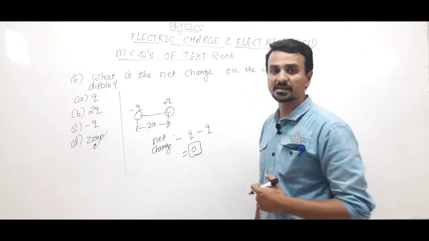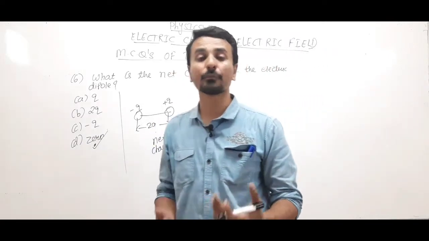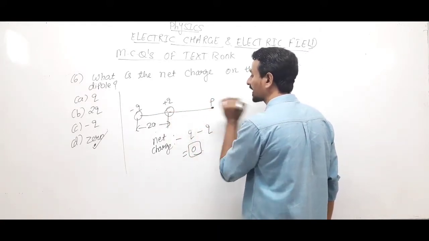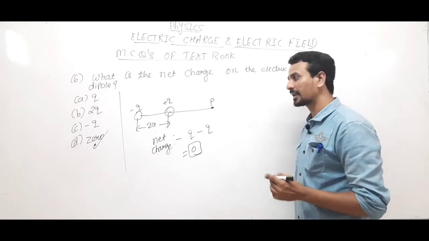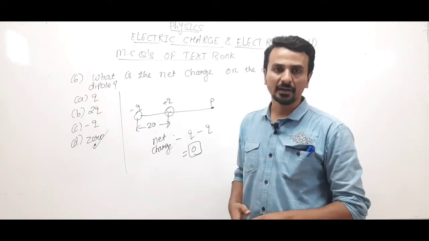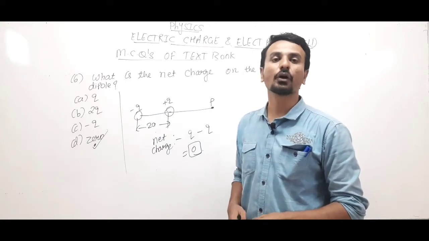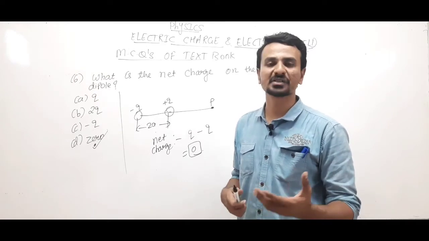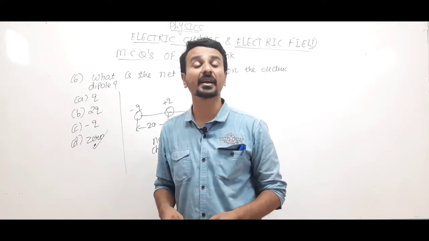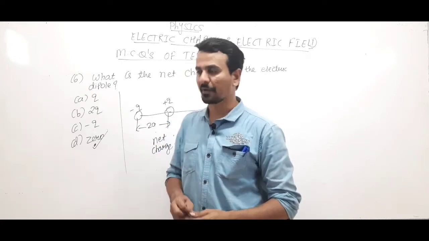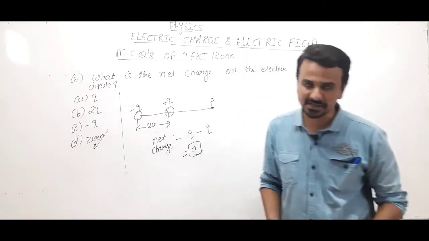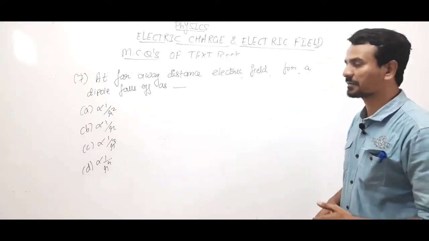Even though net charge is 0, but electric field may not be 0. Right? That means even though net charge on the dipole is 0, but if you have been told to calculate the electric field at this point P, so we'll get the value of electric field for a dipole, right? So it is not always compulsory that if charge is 0, electric field should also be 0, right? It is not possible every time. So in the case of dipole, the net charge is 0, but the net electric field is not 0. Got it? But presently we have been asked what is the net charge on the dipole, so that is 0. The next one.